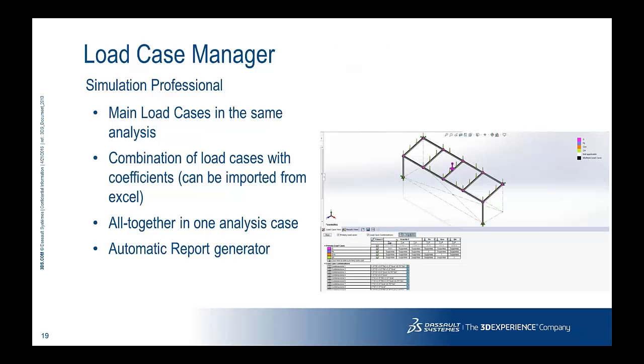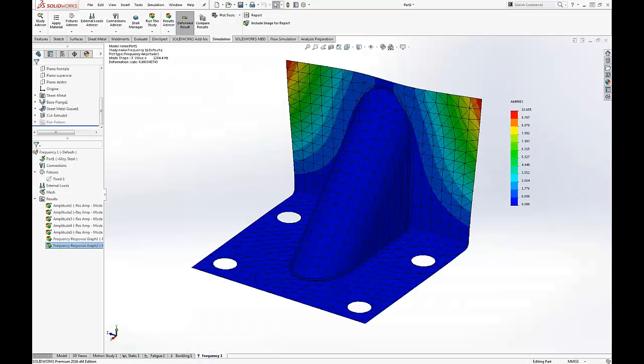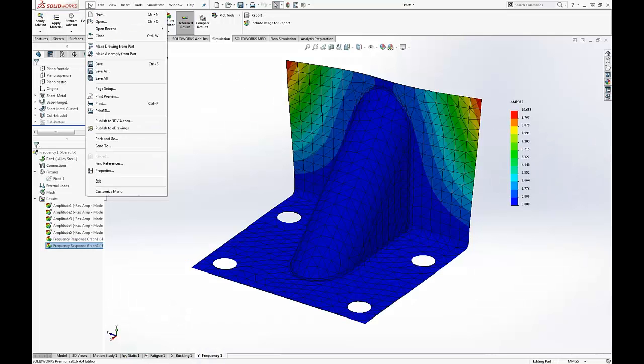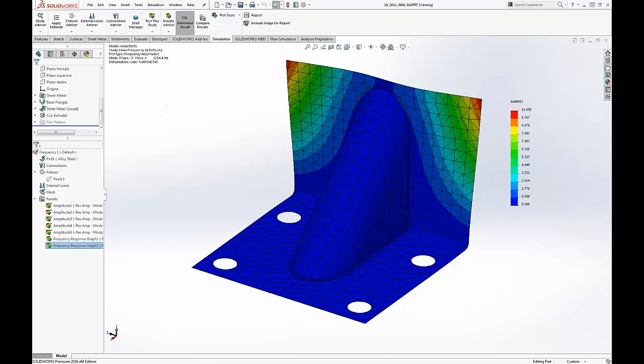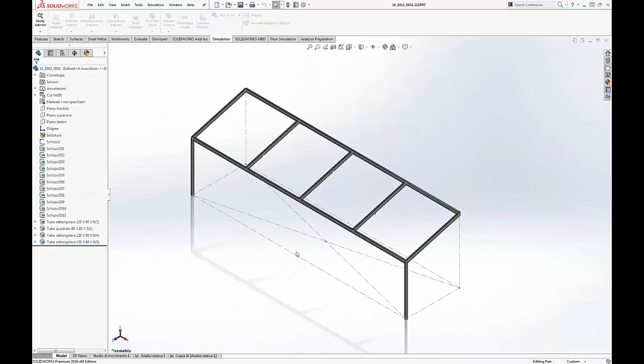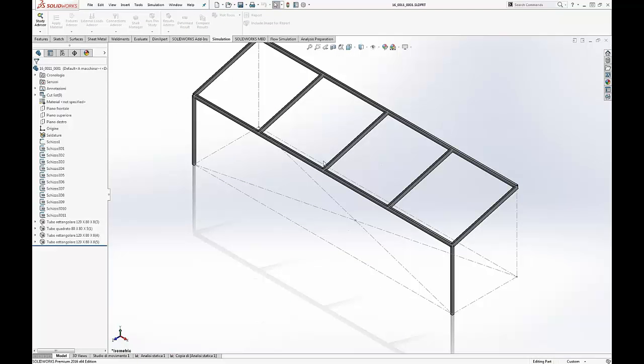Let's go on. Now I would like to use another example, more on the structural side, to show you the case manager. Let me go to simulation. So let's open the, I think this is, okay. So here I have basically, okay, we have some problems with the line, but